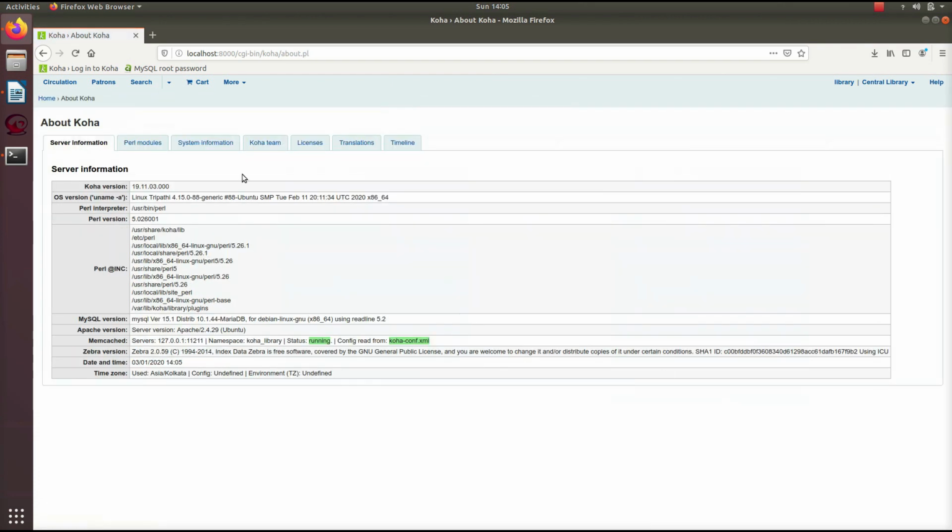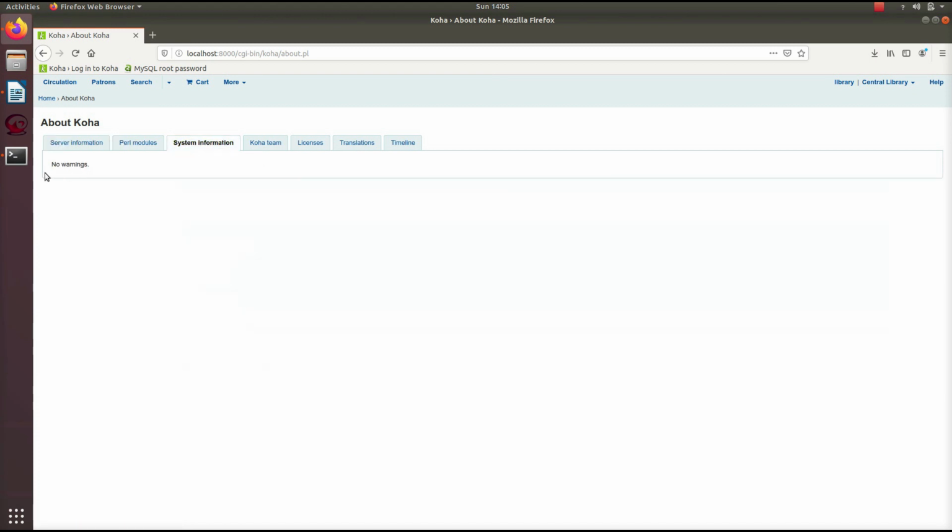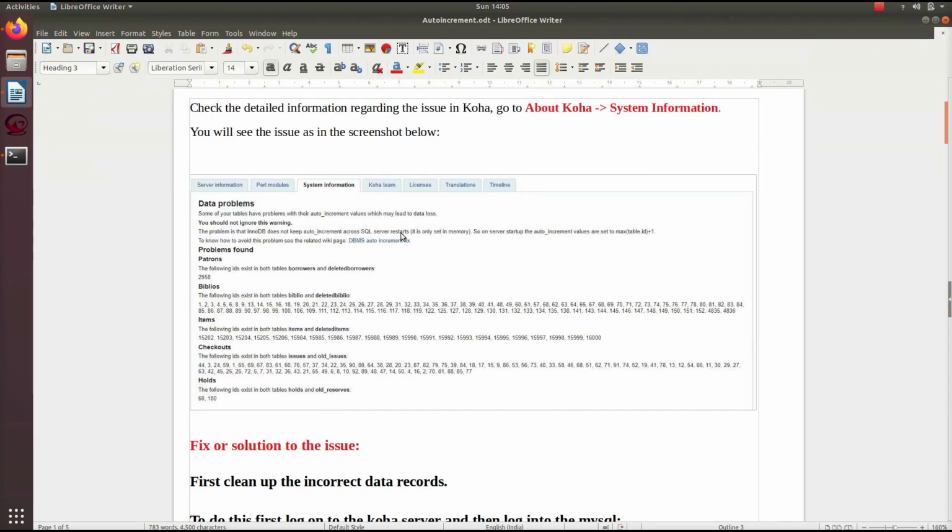Here in system information, right now I am not getting any warning, but generally if you get a warning like data problems, problems found in patrons, biblios, items, checkouts, holds, all these are tables in the Koha library database which you created when you installed Koha in your system.